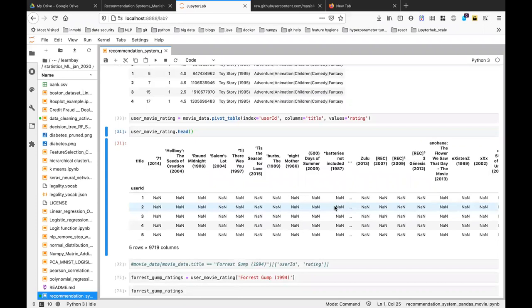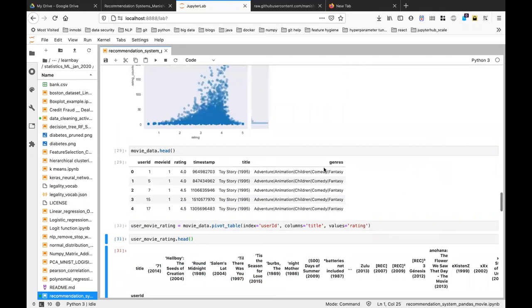It will give the user ID, like the viewers who have given ratings for which movie. No, that is fine, but our problem is to recommend, no? So how is that going to help here? The movie which has more views and ratings, we can recommend that. If it is none, then we can ignore. That is already done here, no?